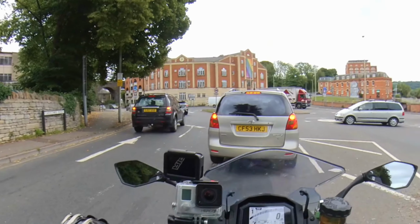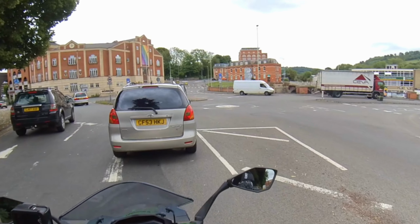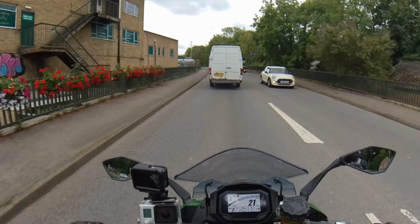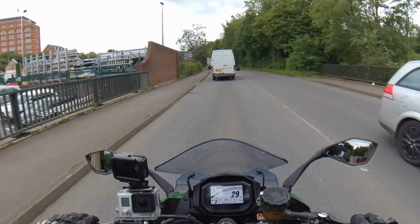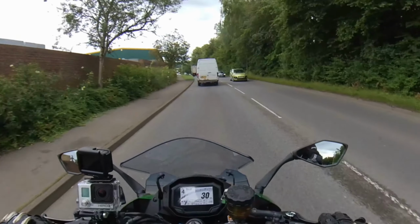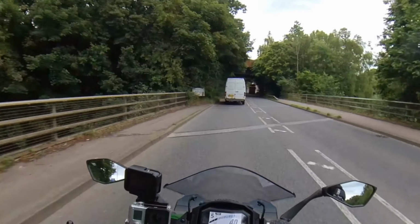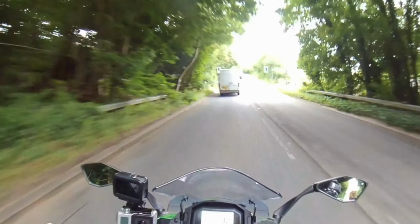So I mentioned this bike has rider modes: rain, road, sport and rider. In rider mode, you can configure your own combination of traction control and throttle map. Kind of reminds me a little bit of the Suzuki Bandit that I owned,